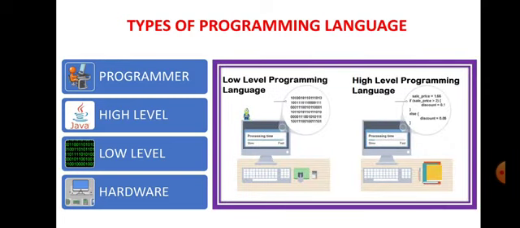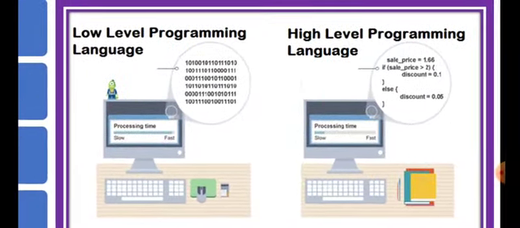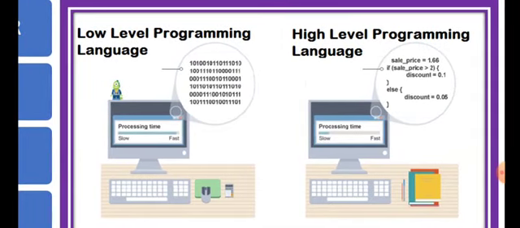Now here it will clearly help you understand what a low level programming language is and what a high level programming language is. Have a look at this picture. Here, the low level language, as I have clearly shown, is only in the form of 0 and 1. But what is the advantage here? Look at the processing speed. The processing speed or the processing time is very fast. That is the only advantage of having a machine level language, which is a low level programming language.